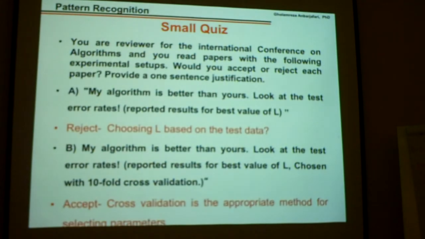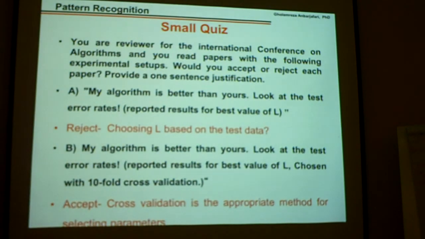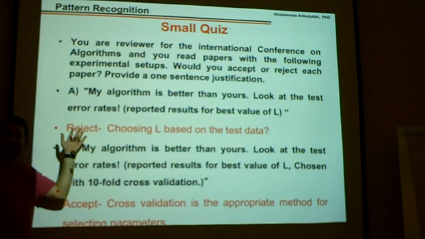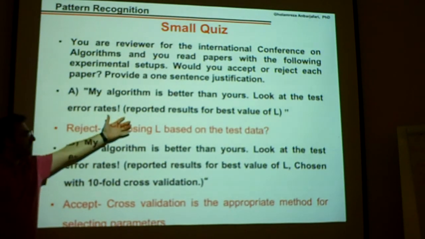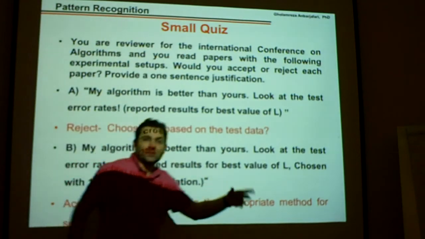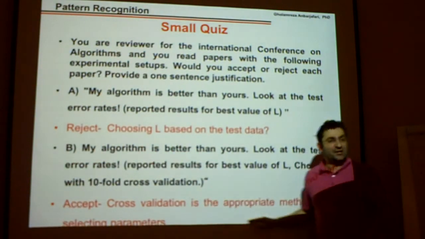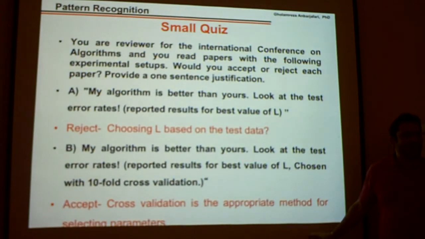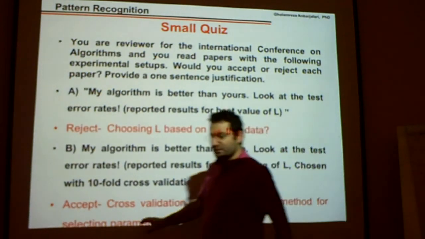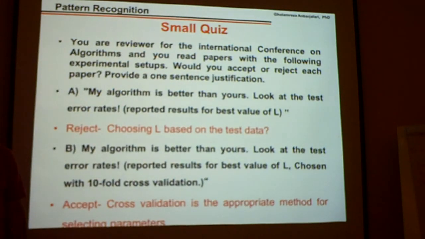Yeah, it's absolutely correct. The first one will be rejected in the sense that there is missing information. We have chosen L based on what? Which test data? What methods? But here we know that cross-validation is a very appropriate methodology for selecting our parameter. Now,